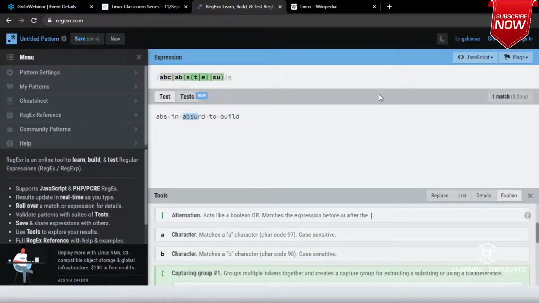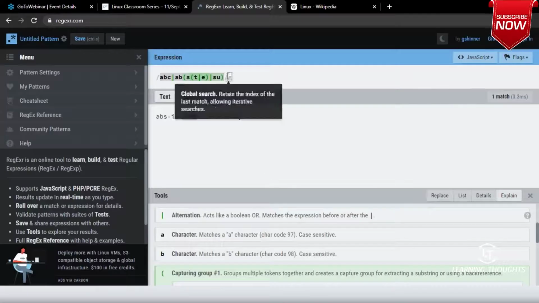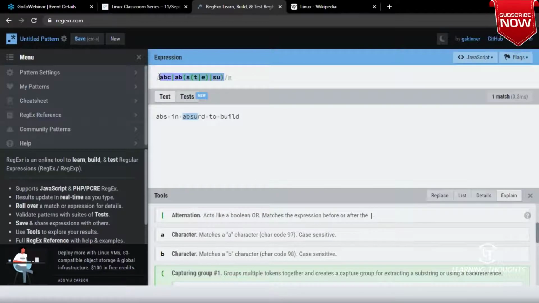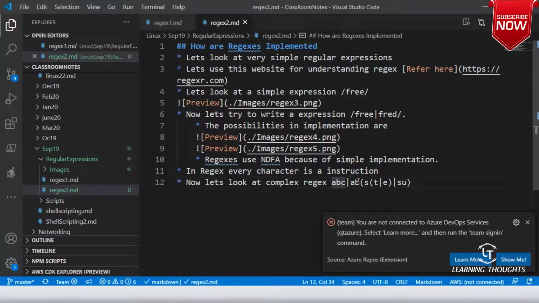Now let us come to the point which is interesting over here. Let me write this. Now let's look at a complex regex. I am not saying that it is the most complex example, but it is decent in its complexity.